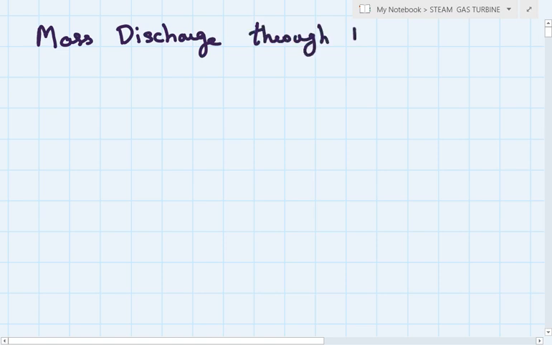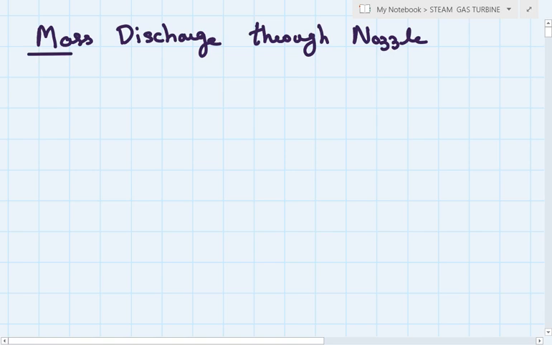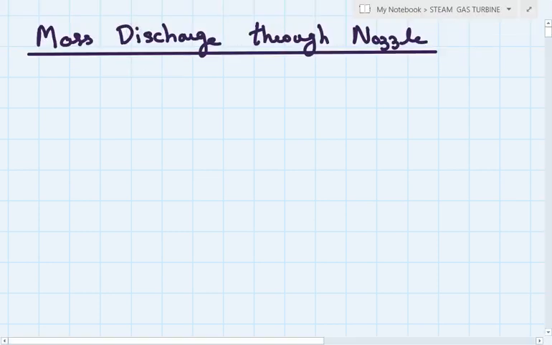Now we are going to discuss the mass discharge through nozzle. So this is the derivation we are going to learn today, the mass discharge through the nozzle. So let me consider